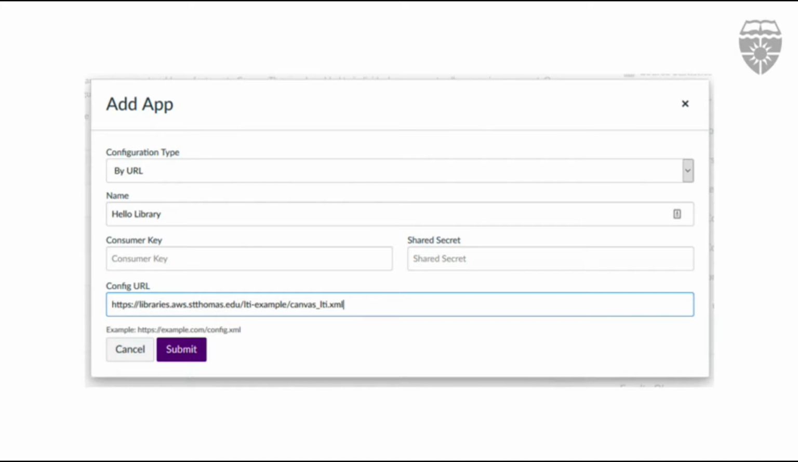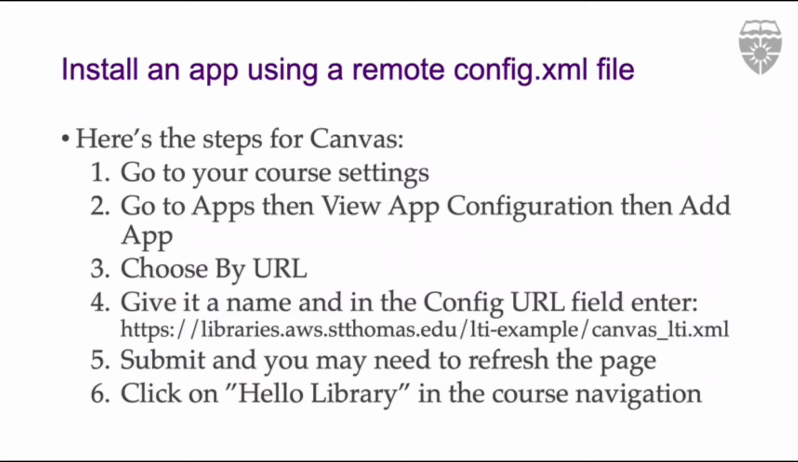This is actually a URL, a working URL of an XML document that you can install on your own Canvas course. If you have Blackboard, you could probably modify it a little bit. This is specifically for Canvas. You can actually use that URL right there, and you can install an app on your Canvas course tonight, and you'll see what it does. You hit submit,